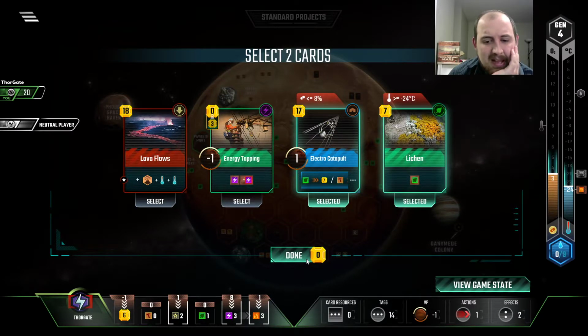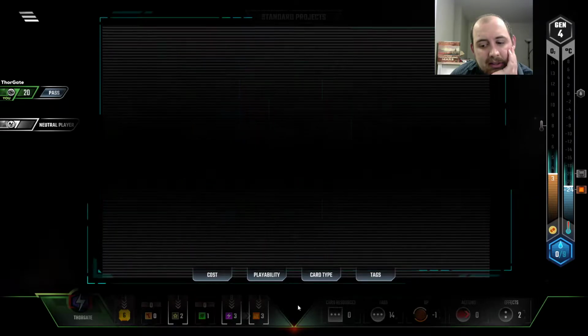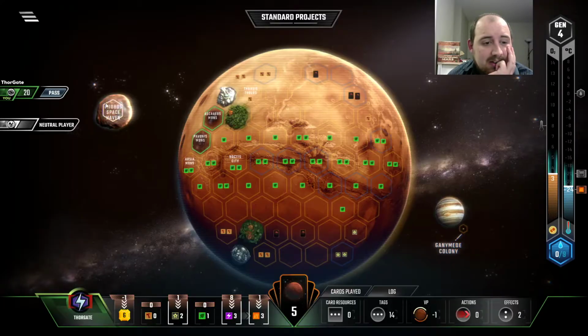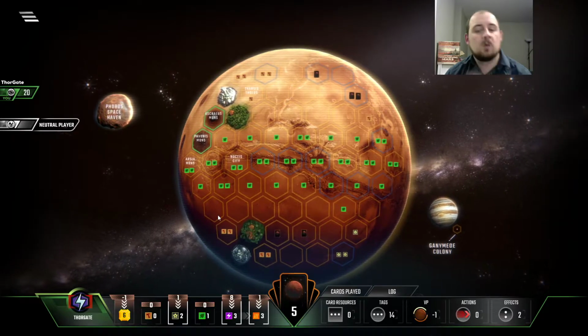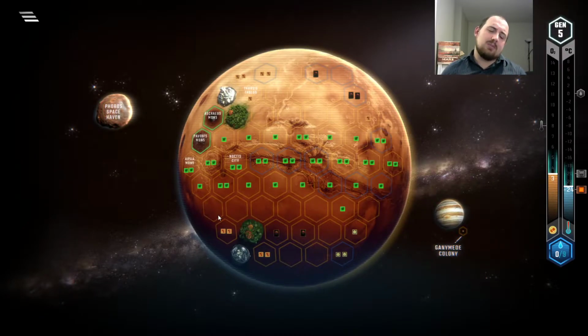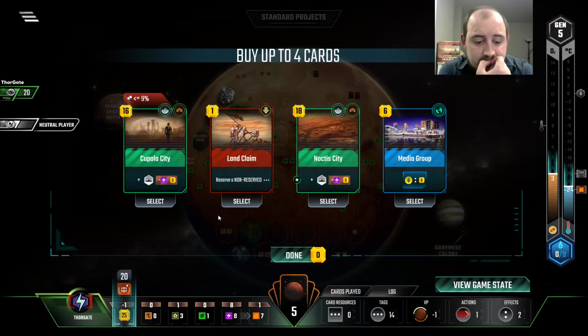Lycan, I think, is best. I'd like to play Lycan, but I don't think I'm willing to sell anything here. So, we're going to chill out. If we use the Electro Catapult, we have to sell plants with it right now, unless we can get a steel income. Or we can just keep scooping steel from the board, but,